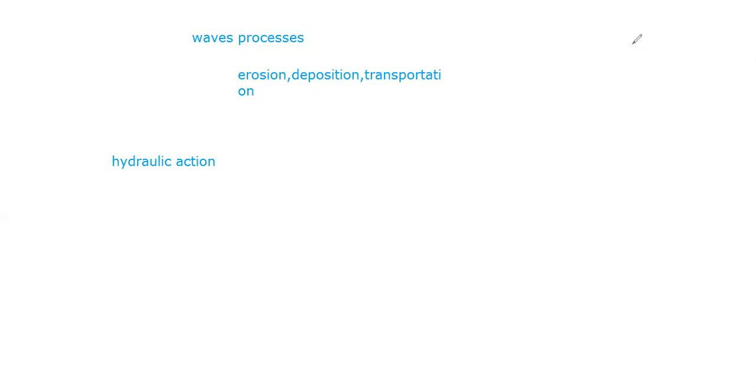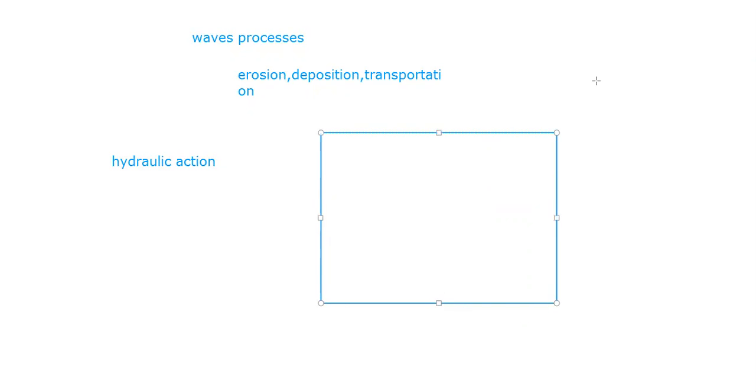This is a limestone cliff. I'm going to be demonstrating by drawing. So this is a limestone cliff right here, a jagged cliff. Now, what happens with hydraulic action? As the water smashes into the cliff,